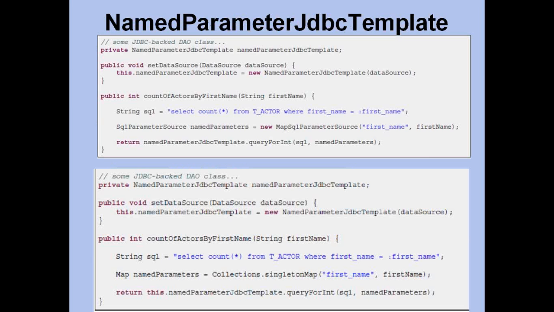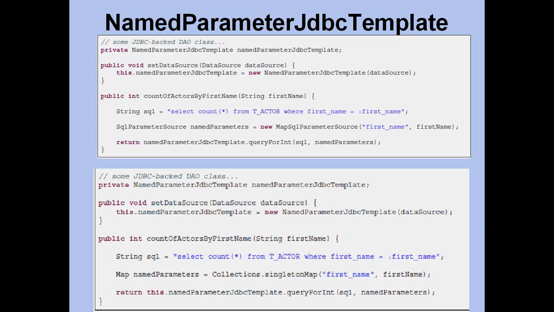See this named parameter JDBC template. When you inject that named parameter JDBC template, here you have a SQL count star from this table where first name equal to colon first name.